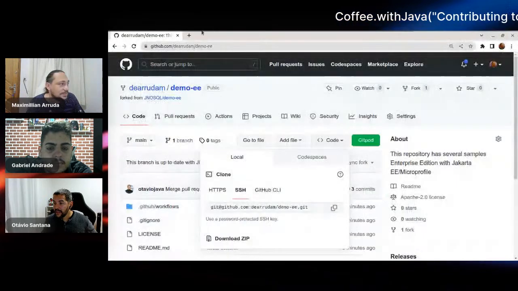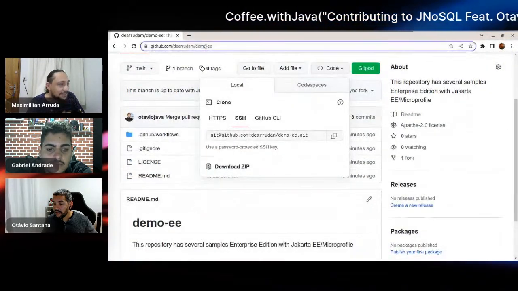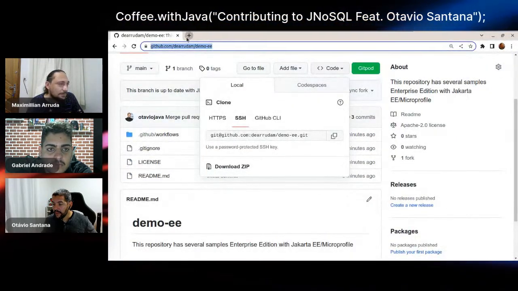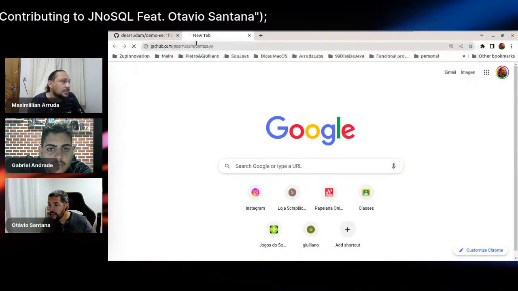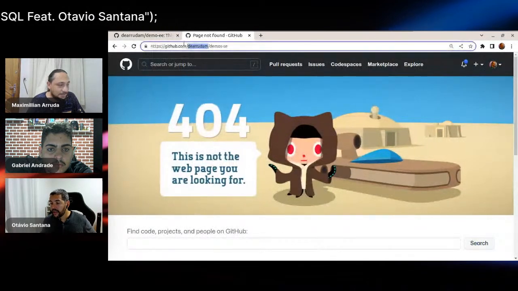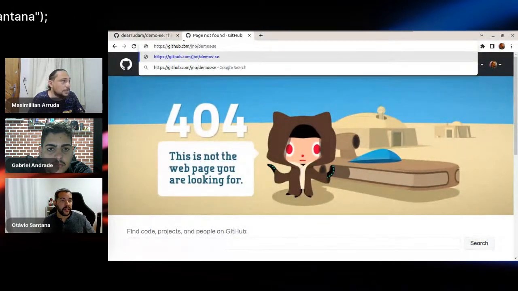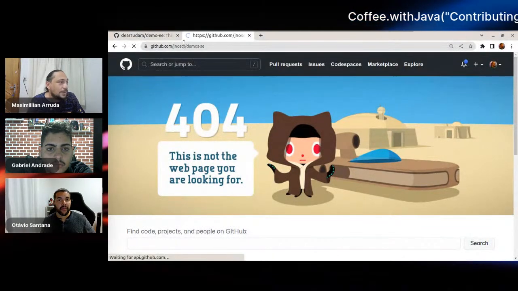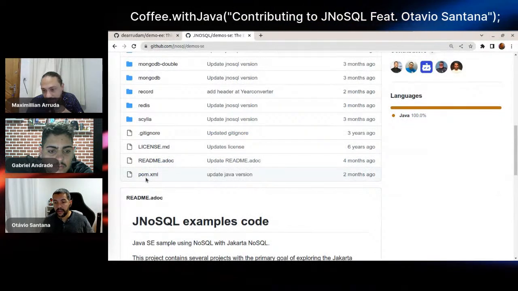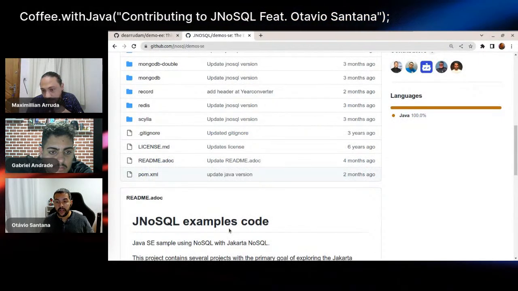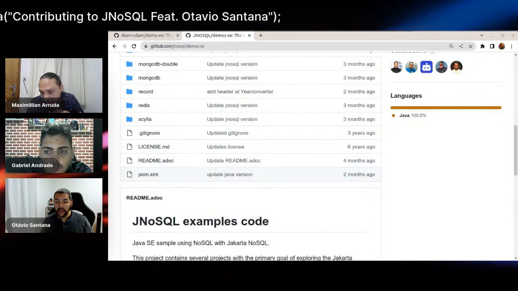Let me get an example. I think that we could use the same sample to help us. Here I copied a sample that has fewer modules. Otavio sent me one.